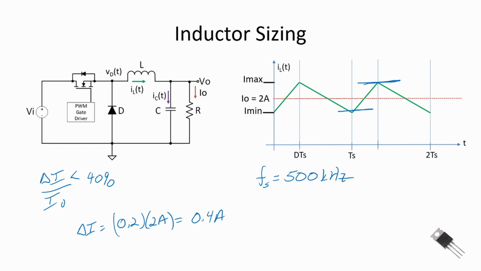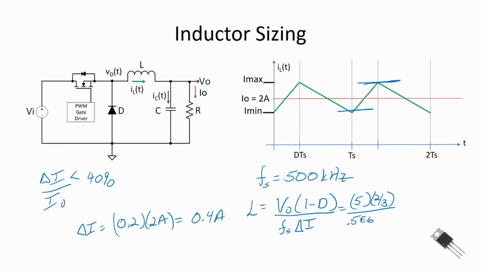With the switching frequency and the ripple current and our known output voltage and our estimate of our duty cycle, we can compute the inductor using the following equation. L is equal to V out times 1 minus D, divided by Fs times delta I. Putting those numbers all in place gives us 5 times 2/3, all divided by 0.5